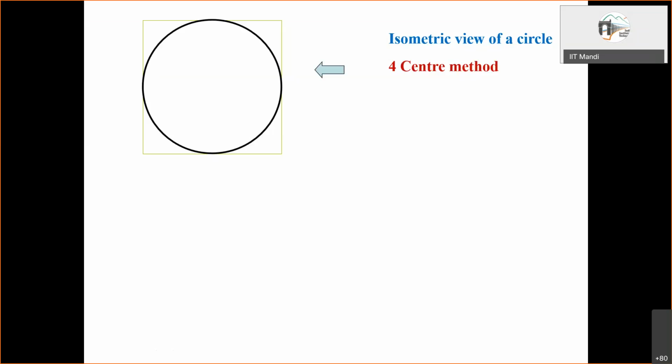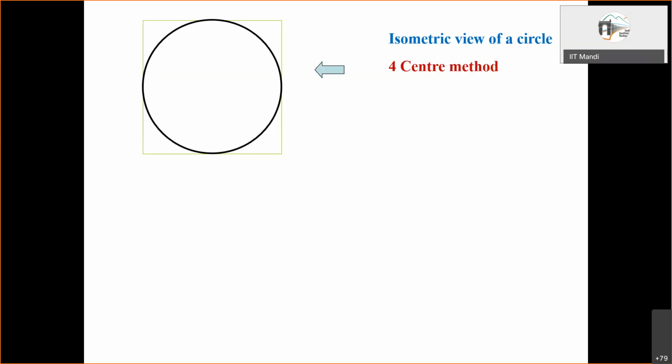This is of course always possible, and that will give a very accurate shape. But of course, it will be a little cumbersome to draw. We have one approximate method, which is actually very easy, and it results in a very good looking diagram. That method is referred to as the four center method. So that is what we'll discuss in this slide.